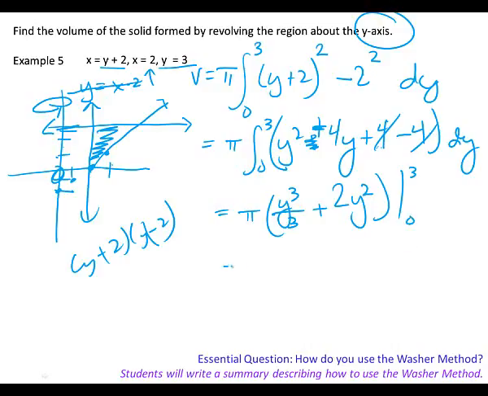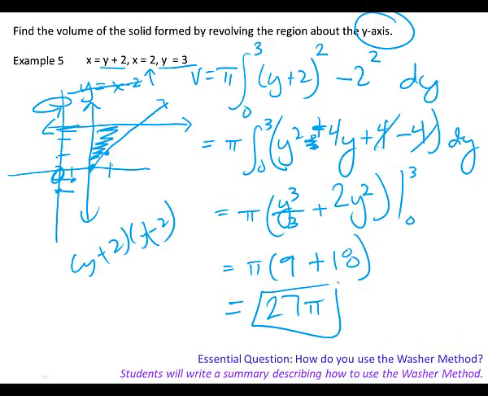0 doesn't matter, so 3 to the third is 27 divided by 3, which is 9. We okay with that? And then plus 9 times 2, which is 18. Everybody okay with the 18? Okay. Plus. Plus, thank you. I was going to say we don't get negative. What am I doing wrong? Okay, and we get 9 plus 18 is? Very rarely does our answer come out negative with volume. It wouldn't make sense to try to build a negative shape, right? A negative cup has